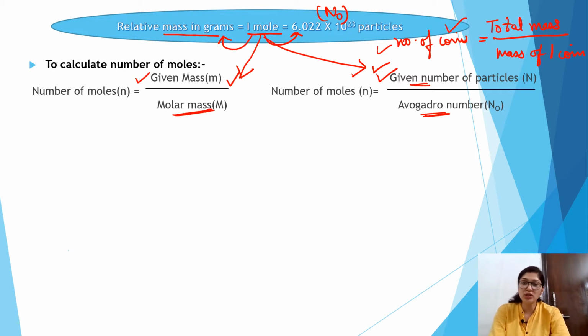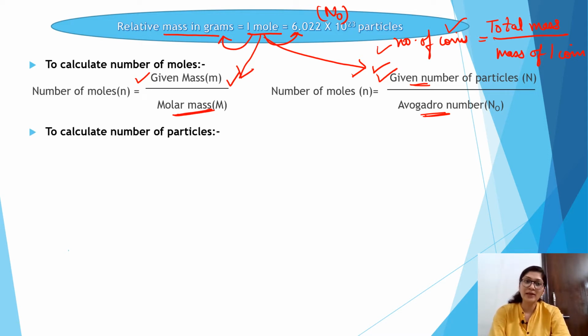And these are the most important formulas from which we can derive n number of formulas, right? So number of moles equals total mass, or the given mass, upon molar mass. Number of moles can also be calculated by given number of particles upon Avogadro number. If you learn these two formulas, then you can derive n number of formulas from these, right? So the first question comes: how do you calculate the number of moles? By using the mole definition simply.